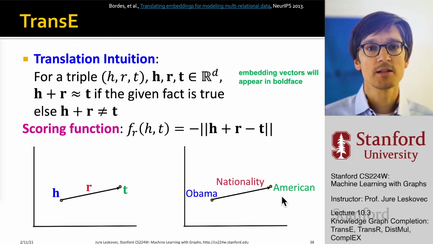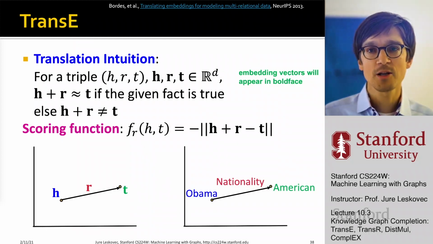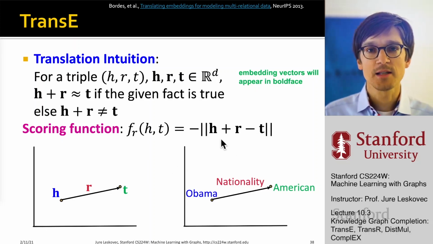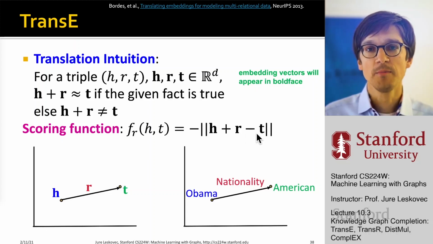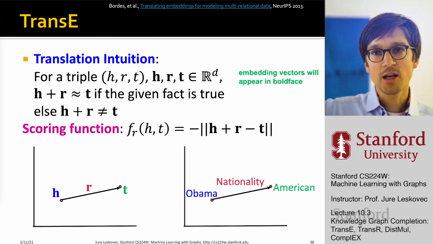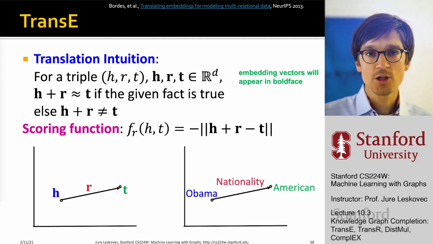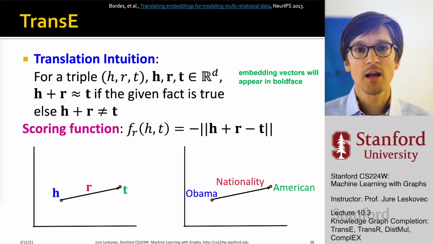So here's the idea. The scoring function that would measure proximity between the head and tail would simply be head plus this vector r minus the tail, right? It basically says what is the distance between h plus r and the point t. And here I could use, let's say, Euclidean distance if I would like. So this is what TransE is. It basically wants to learn these translations in the embedding space so that you can get from the head, according to a translation that is relation specific, to the tail of that relation.